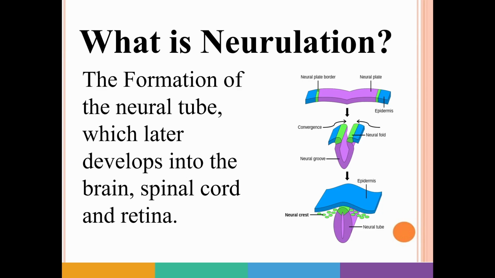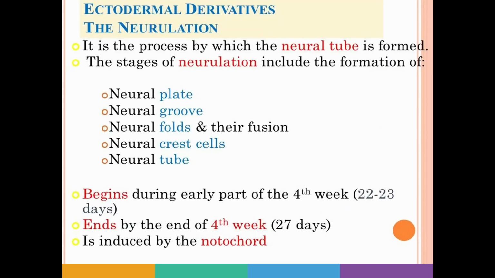So what is neurulation? Basically it is the formation of neural tubes, and it is important because neural tubes later in stage will form the brain, the spinal cord, meninges, as well as the part of bones that surround them. So neural tubes are generally ectodermal derivatives, and the process by which the neural tube is formed is neurulation. The stages of neurulation include several things, that is formation of neural plate, neural grooves, neural folds, neural crest